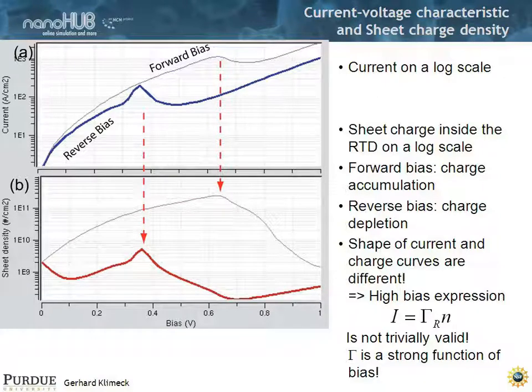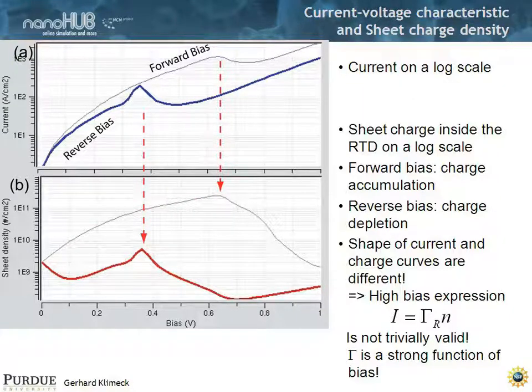So in the forward bias direction, I'm actually having a lot of charge. It's roughly 2 times 10 to the 11 at peak, and it turns on logarithmically, and then it empties out. Meanwhile, in the reverse bias direction, there is a little bit of charge accumulation, but not a whole lot, it's basically empty. It stays roughly on the empty level. Okay? So the two forward and reverse bias directions indeed have very different charge profiles, which result in very different